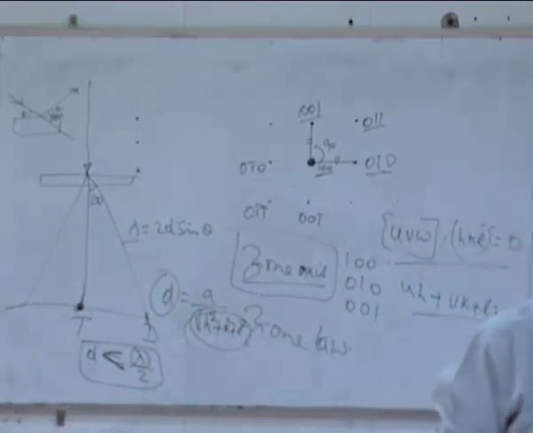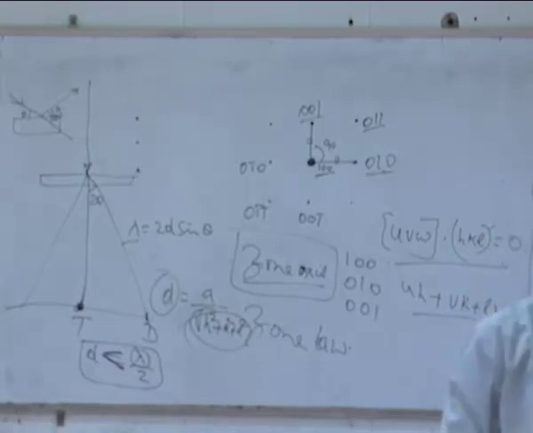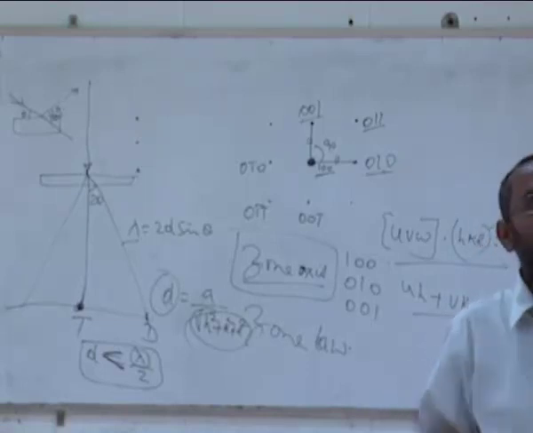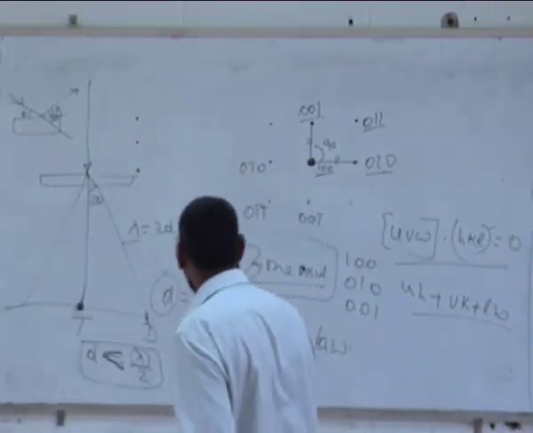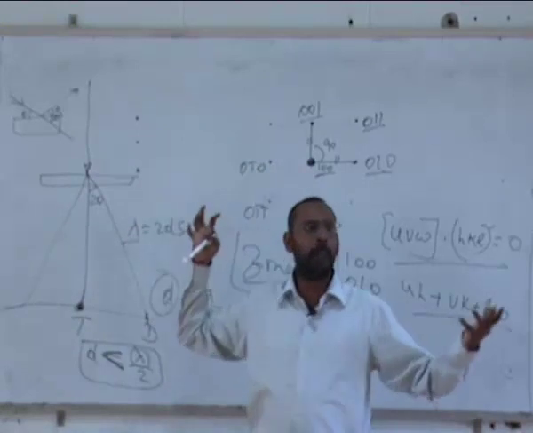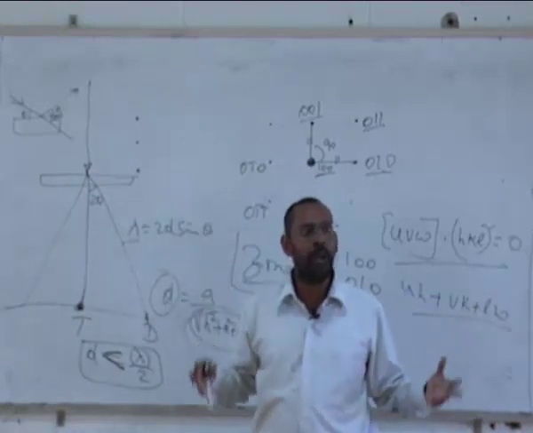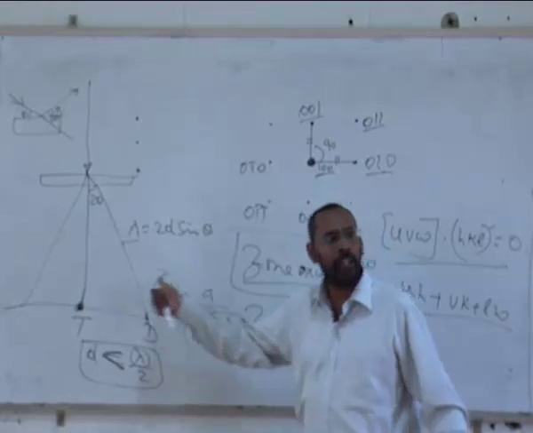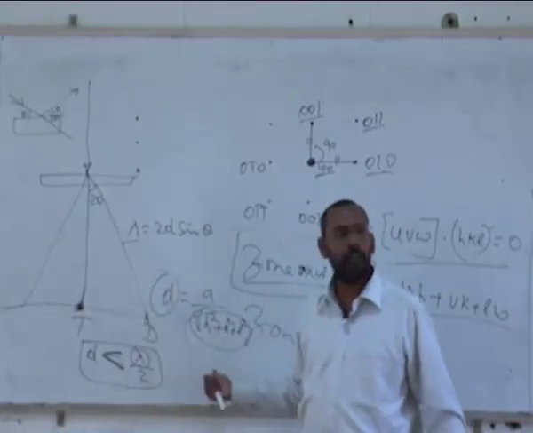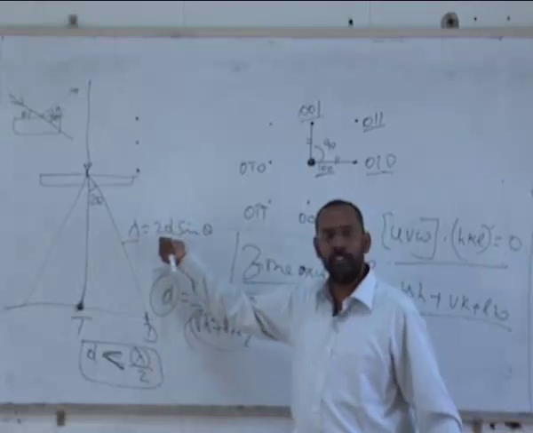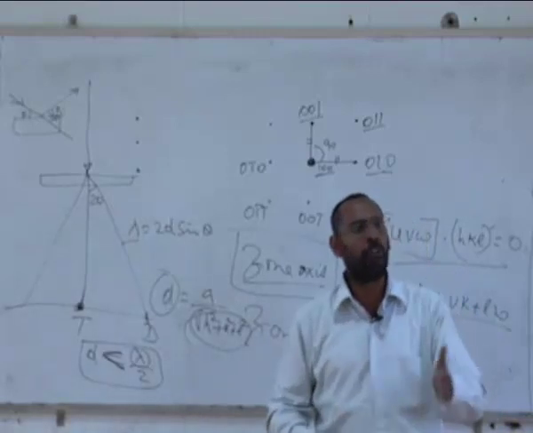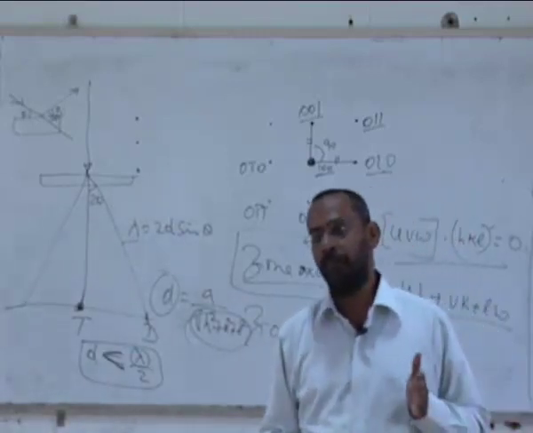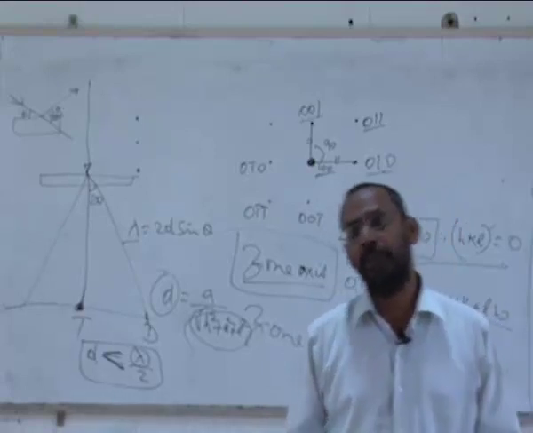There may be a case where you do not see a 111 peak at all, though I know pretty well that this is FCC. That means at the position where I am expecting a 111 peak, there is no peak at all. Because I can find out, knowing the lambda and knowing what my material is. For example, if I know that it is aluminum, I know the lattice parameter of aluminum. I can calculate what should be the D for the 111 peak and put that D into this equation. Knowing the lambda, I can find out the theta. So I know at what theta the 111 peak should appear in the case of aluminum. But when I look there, I may not see a peak.